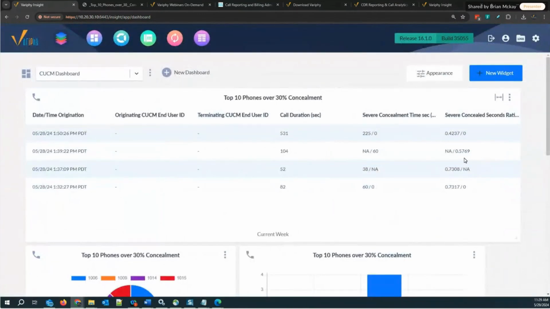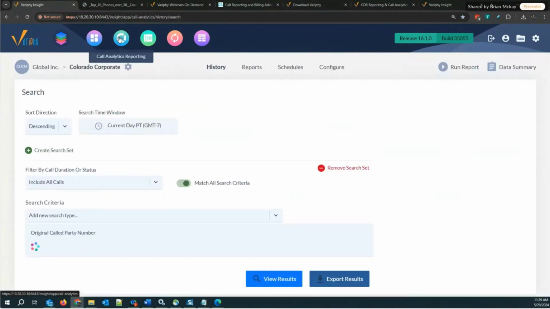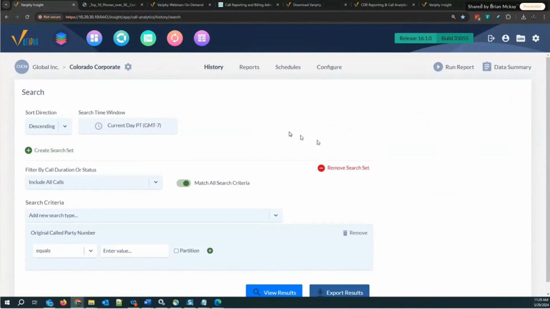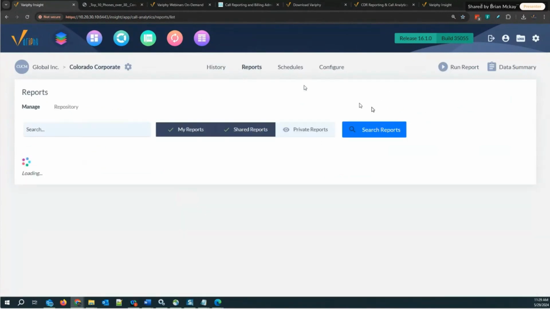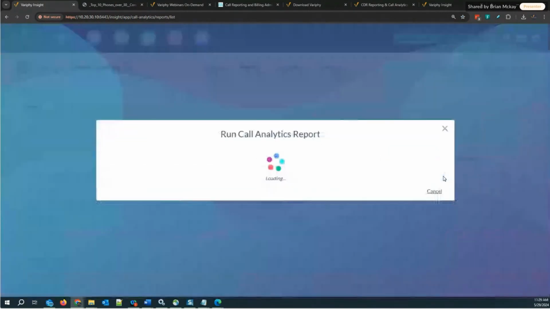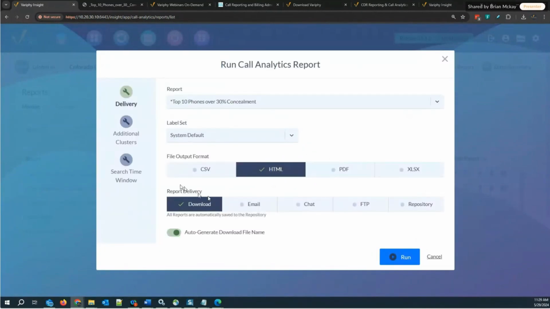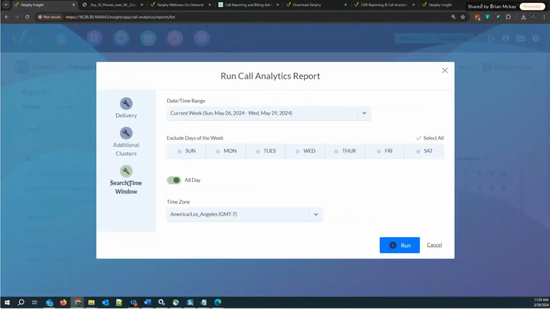Okay, so you might have to do it from the report level. Or it may not be available in the widget. It may just be available in the report, actually. But yeah, in the report. So when you run the report, let's see, reports. So when you run it, it's going to give you the option to